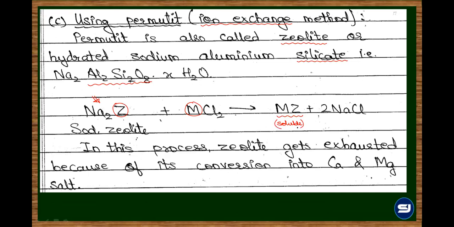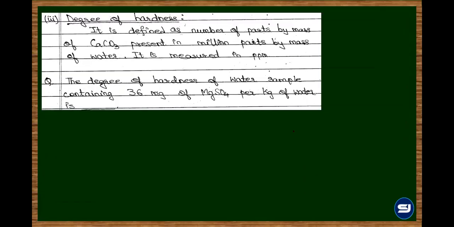Now why was this hardness part taken? Because there is a question related to degree of hardness, which is related in turn with mole, and that is the reason I had introduced this. So degree of hardness is defined as, now hardness को label कैसे करते हैं? That is in terms of percentage of CaCO3.